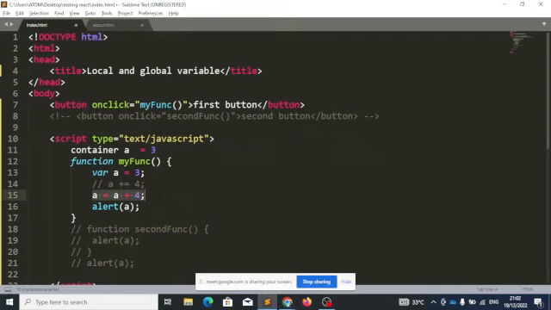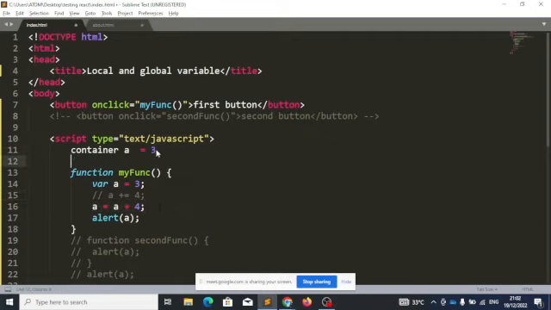Then a equals a plus 4. Okay, to now change what is inside that container to 3 plus 4, making 7. So container a, we now have 7 inside it. When you say alert a, it will alert 7. When you click on this button again, it's going to run all these codes again, meaning that it will see